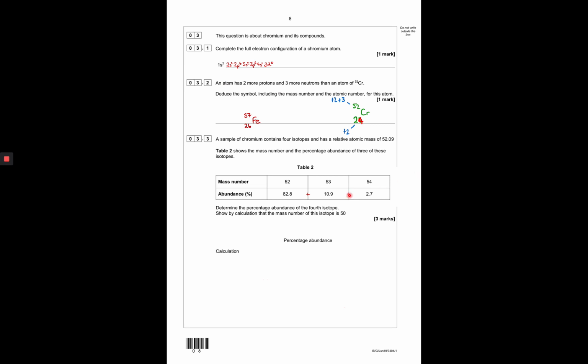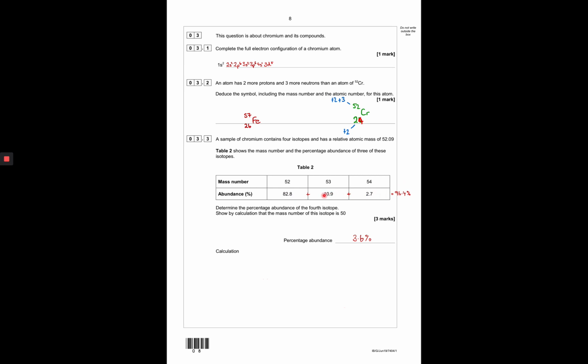Okay, the next question was actually mass spectrometry again, but they wanted us to determine the percentage abundance of the 4th isotope. Well, really, there couldn't have been anything simpler. They've told us that these are 3 of the 4 isotopes. They've told us the abundance of these 3 isotopes. We're told that the abundance is a percentage, so that means the percentage abundance for all 4 of them has to add up to 100%. So all we need to do to work out the percentage abundance is 100% minus the abundance of these